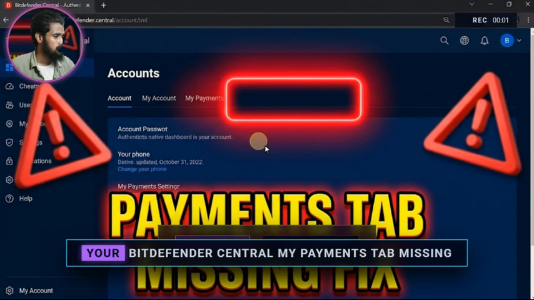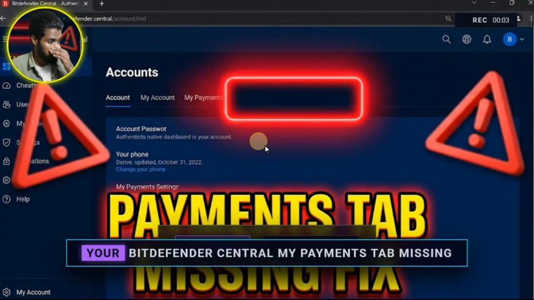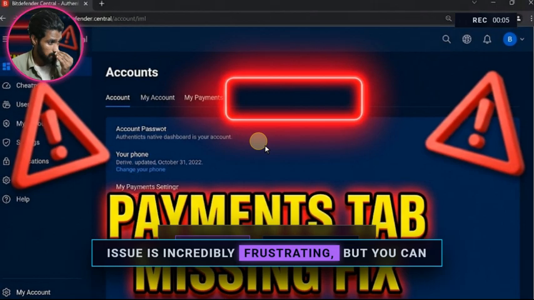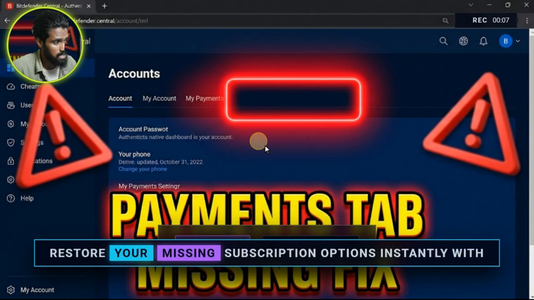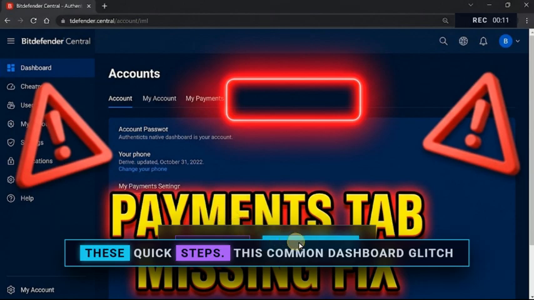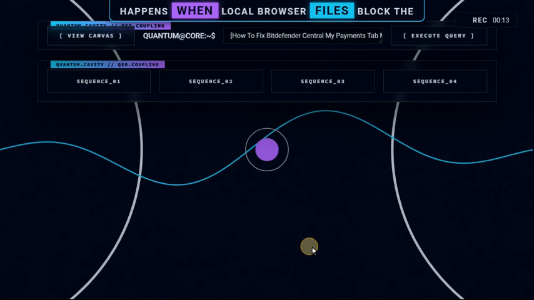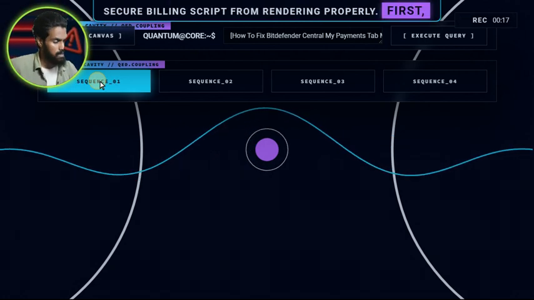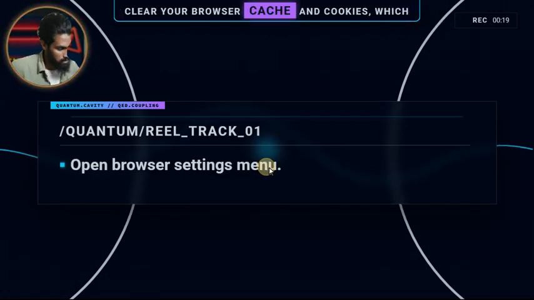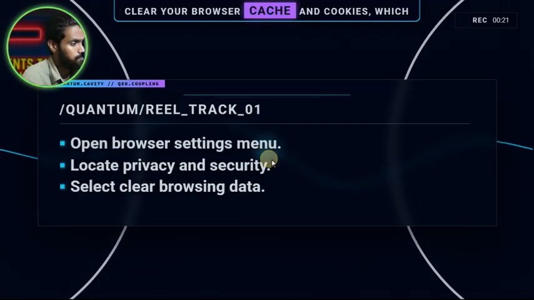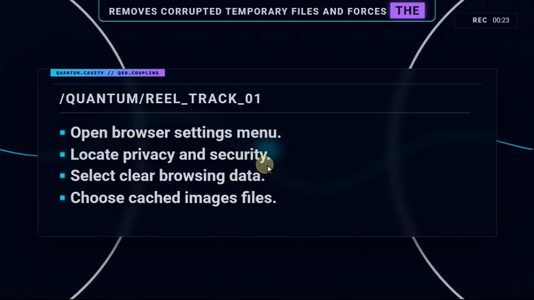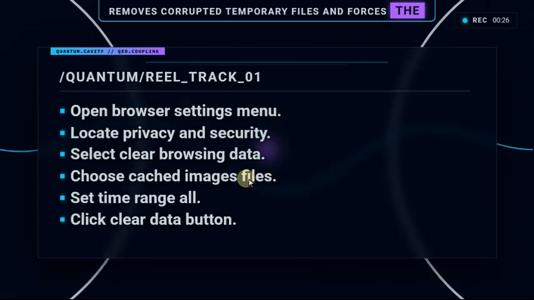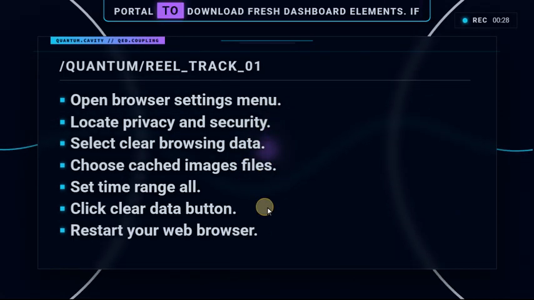Your Bitdefender Central My Payments tab missing issue is incredibly frustrating, but you can restore your missing subscription options instantly with these quick steps. This common dashboard glitch happens when local browser files block the secure billing script from rendering properly. First, clear your browser cache and cookies, which removes corrupted temporary files and forces the portal to download fresh